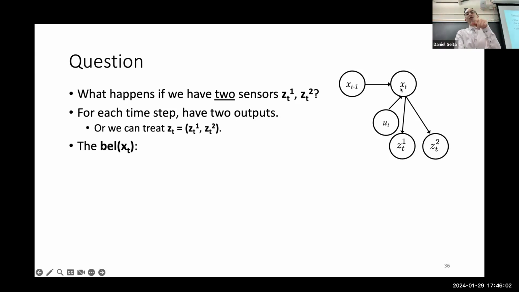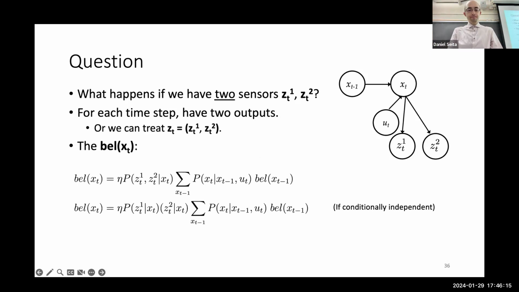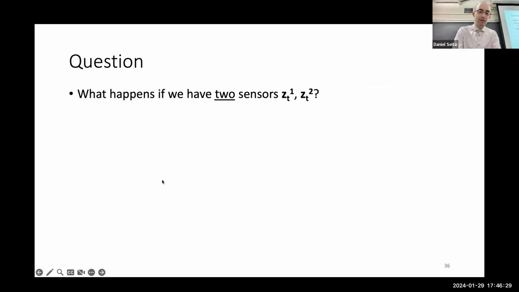In practice, your XT is going to be some big vector with a bunch of numbers that indicate all the interesting things in your environment. And then your belief will be something like this. Again, hopefully this is pretty straightforward. It's basically the same formula from earlier, but if you go back to the last slide,